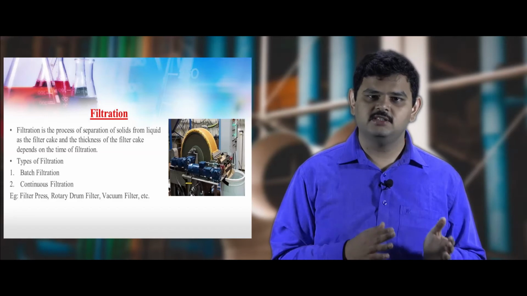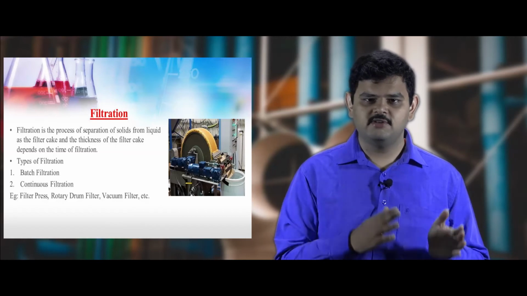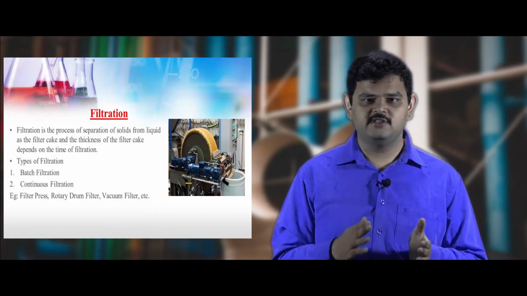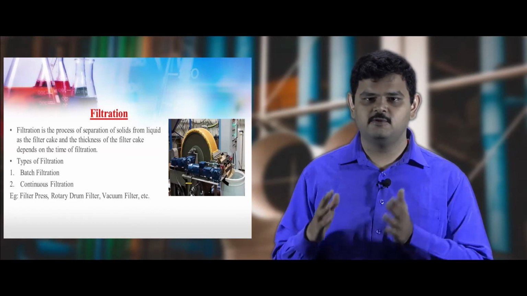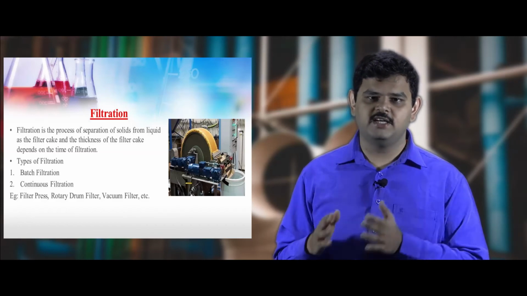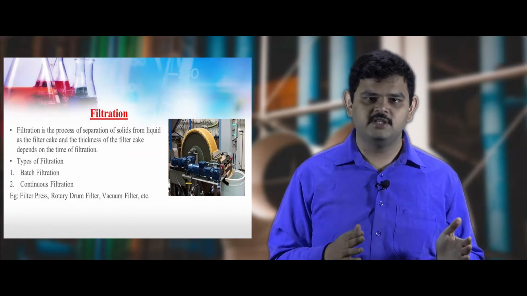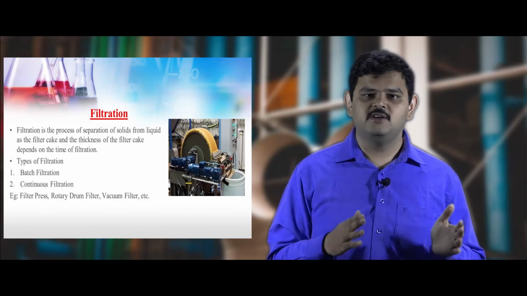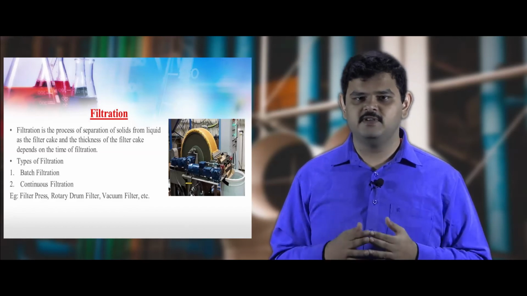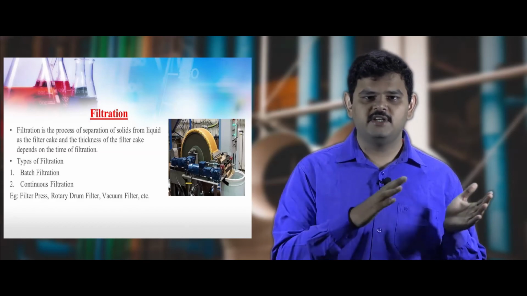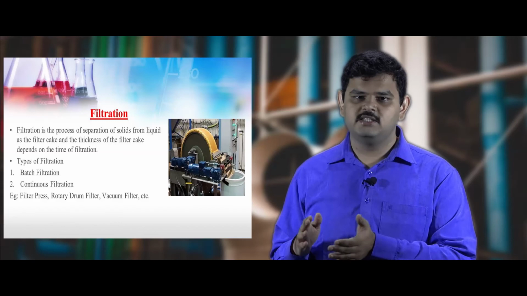The filtration process uses a filter medium to separate the solids and liquids. The solids will form the filter cakes and the liquids will be removed from the solid liquid slurry. The filtration operation is of two types, that is the batch process and the continuous process. In the batch process, we load the slurry and use either pressure or vacuum so that the water is removed and the filter cake is obtained. The second one, the continuous filtration process, uses the feed slurry continuously, removing the filter cake and the water continuously.